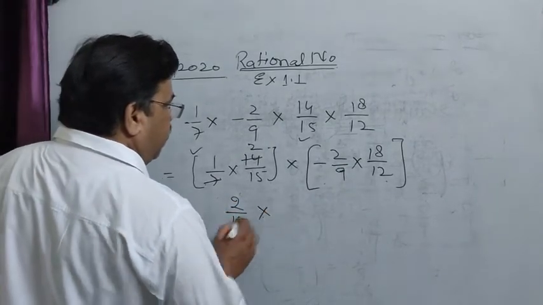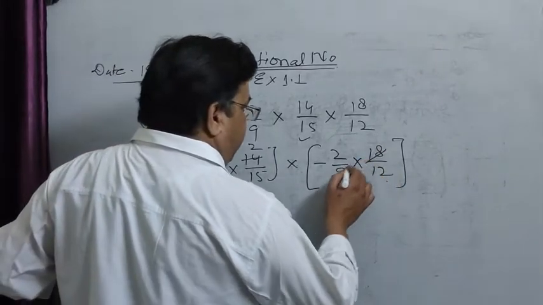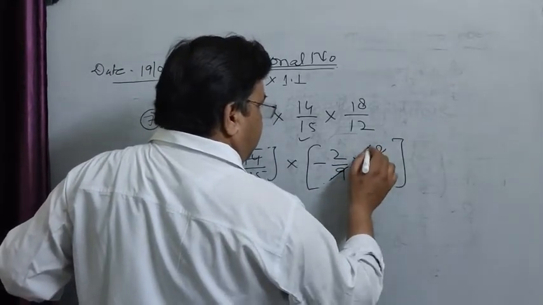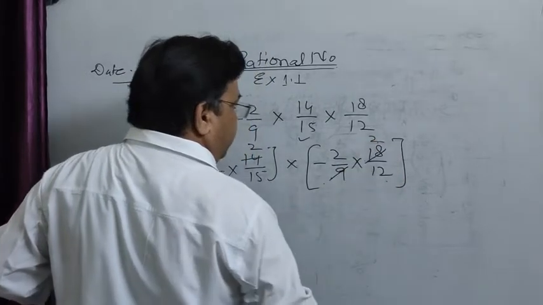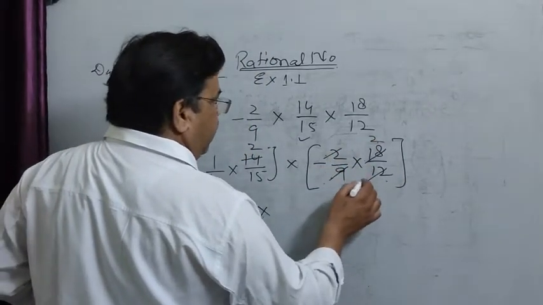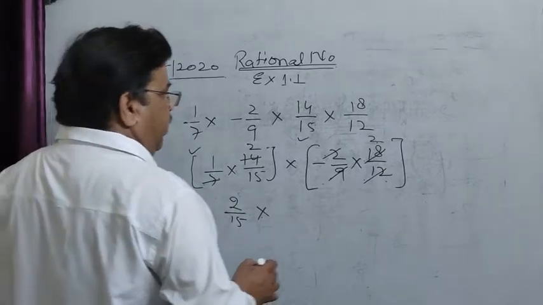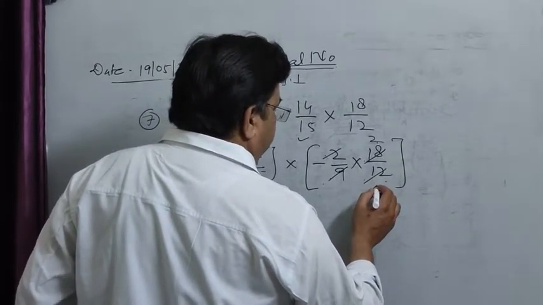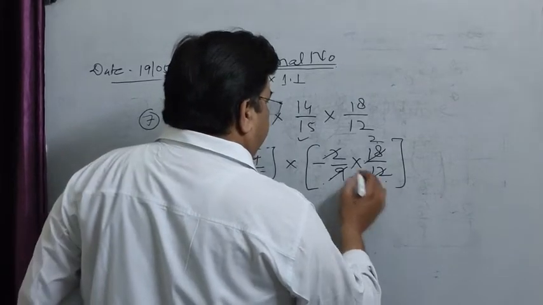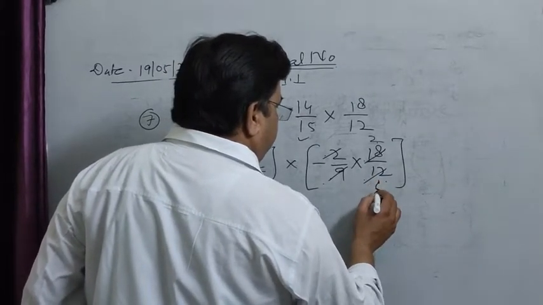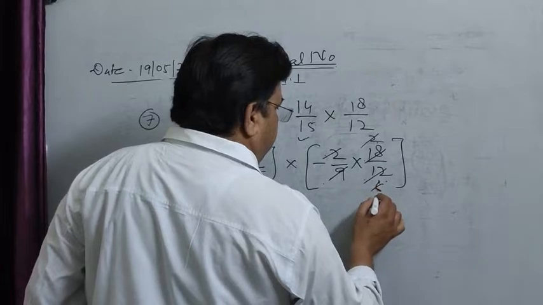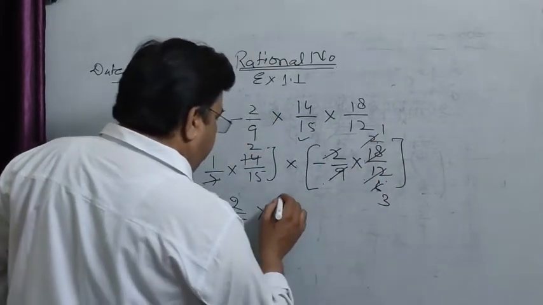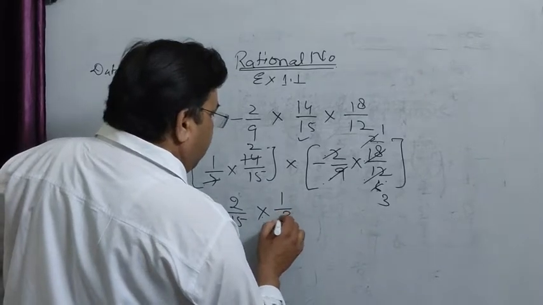Now 18 cancel by 9 2 times, and 12 cancel by 2 6 times, and 6 cancel by 2 3 times, and 1 upon 3,